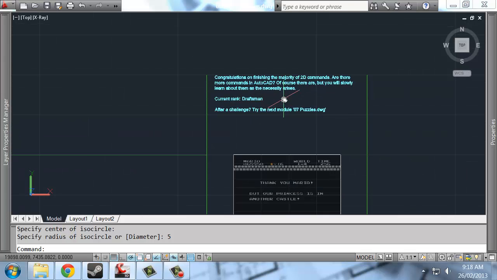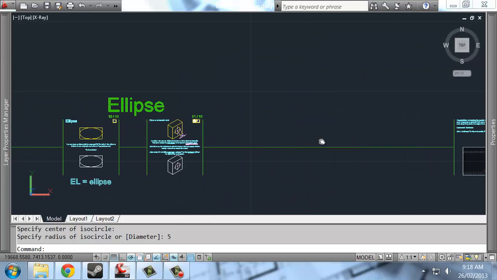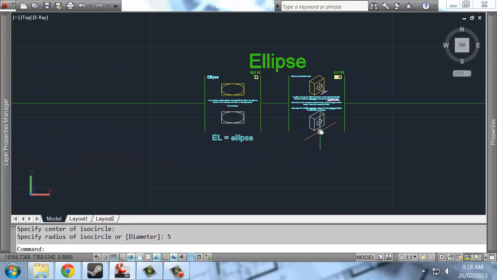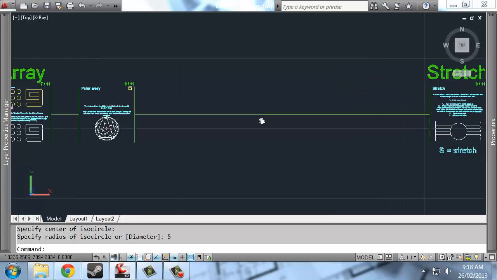Well, that's all that there is for this particular panel or set of panels. The next one is puzzle, and for obvious reasons I'm not going to make a video for puzzle, but I wish you all the best of luck in that,